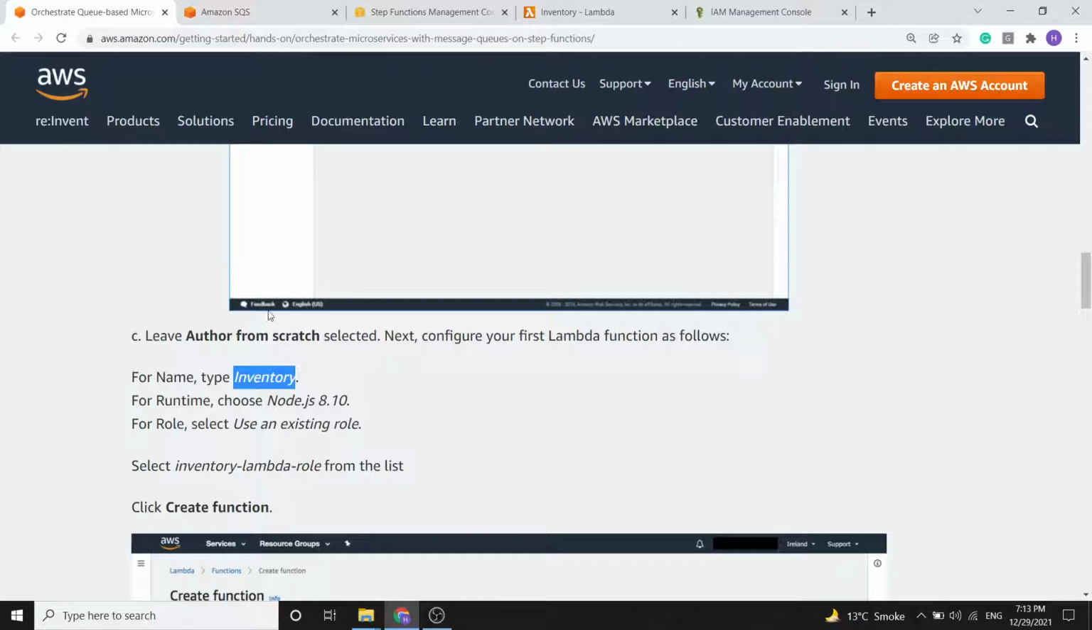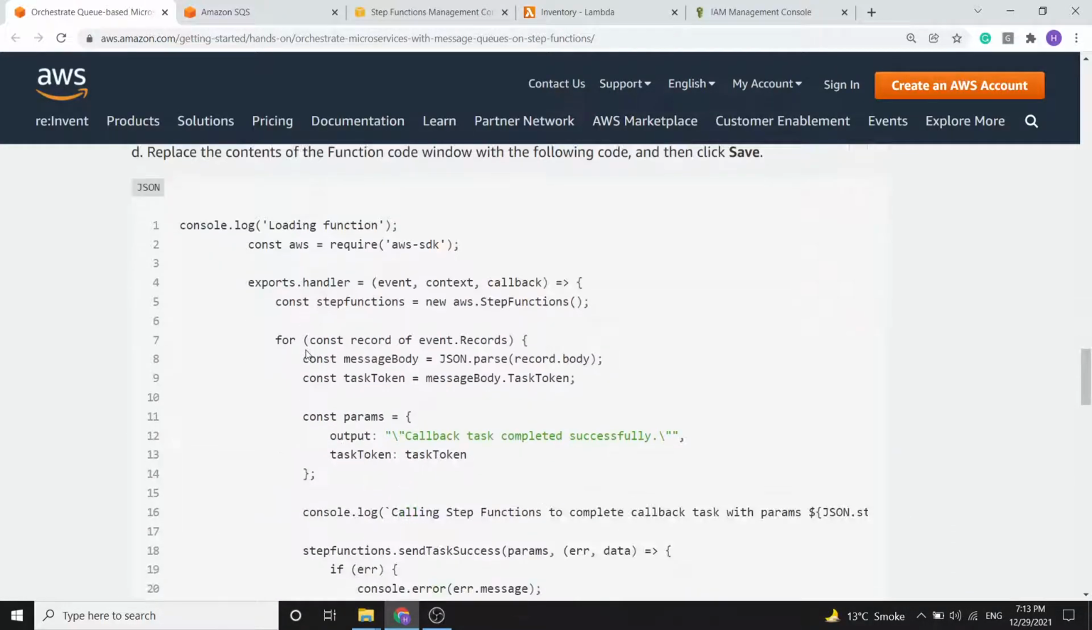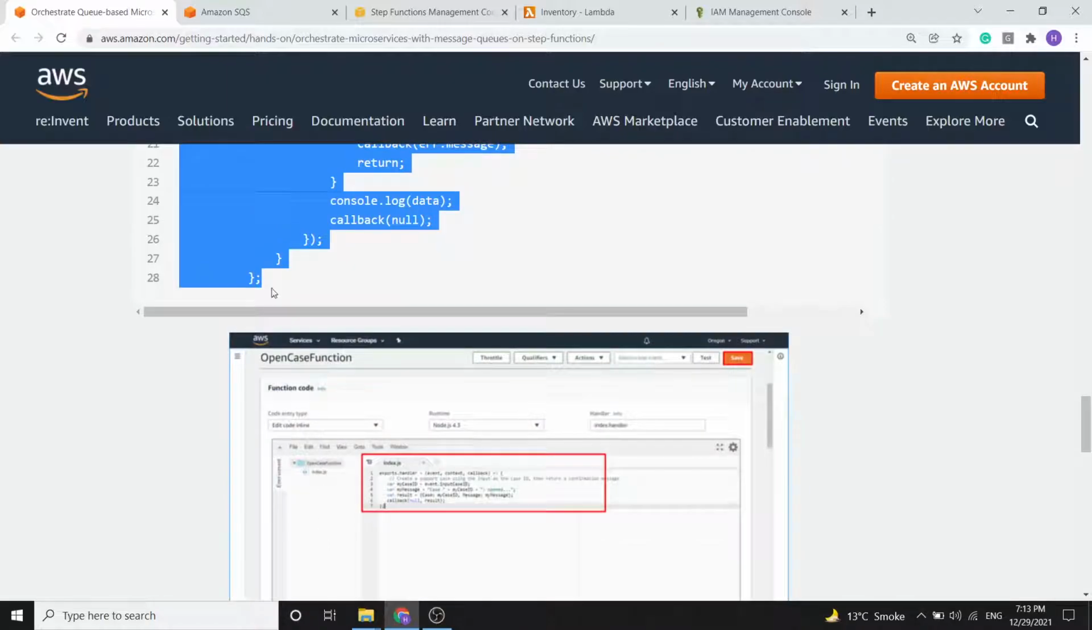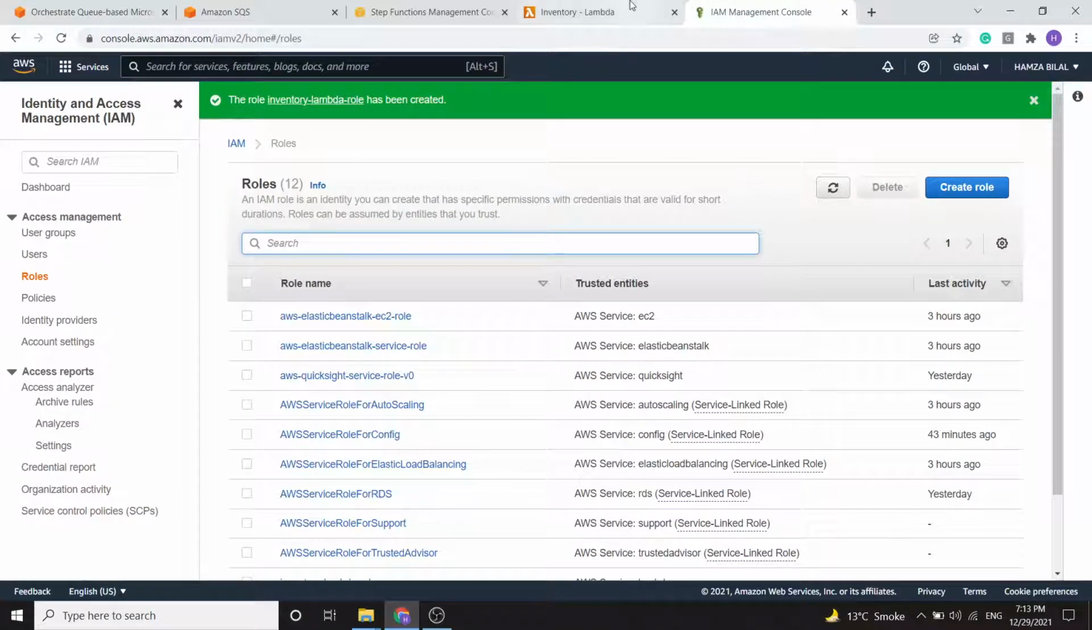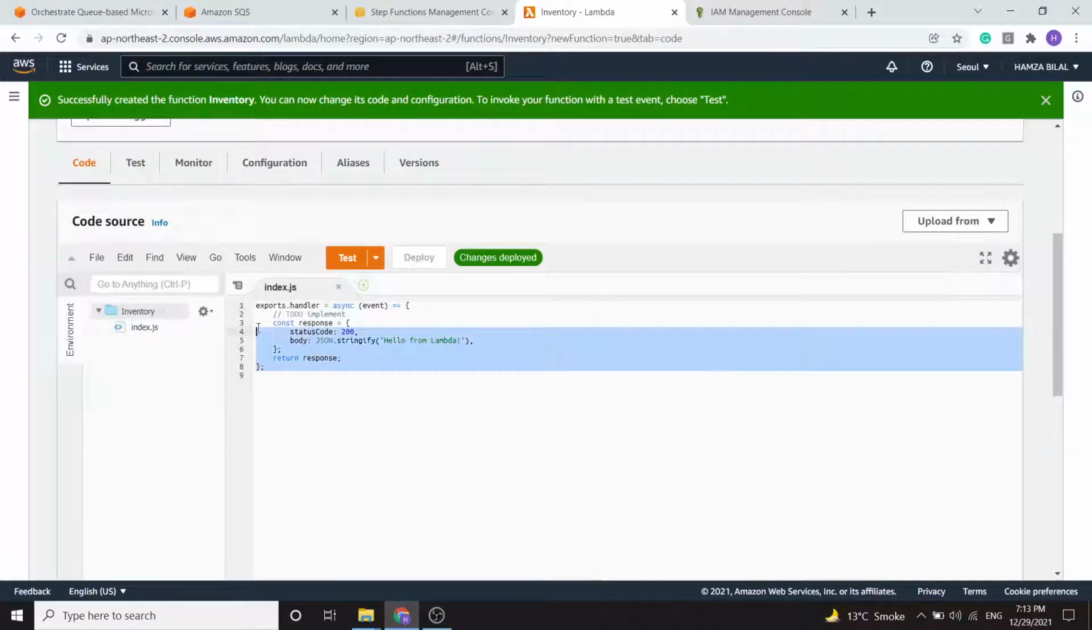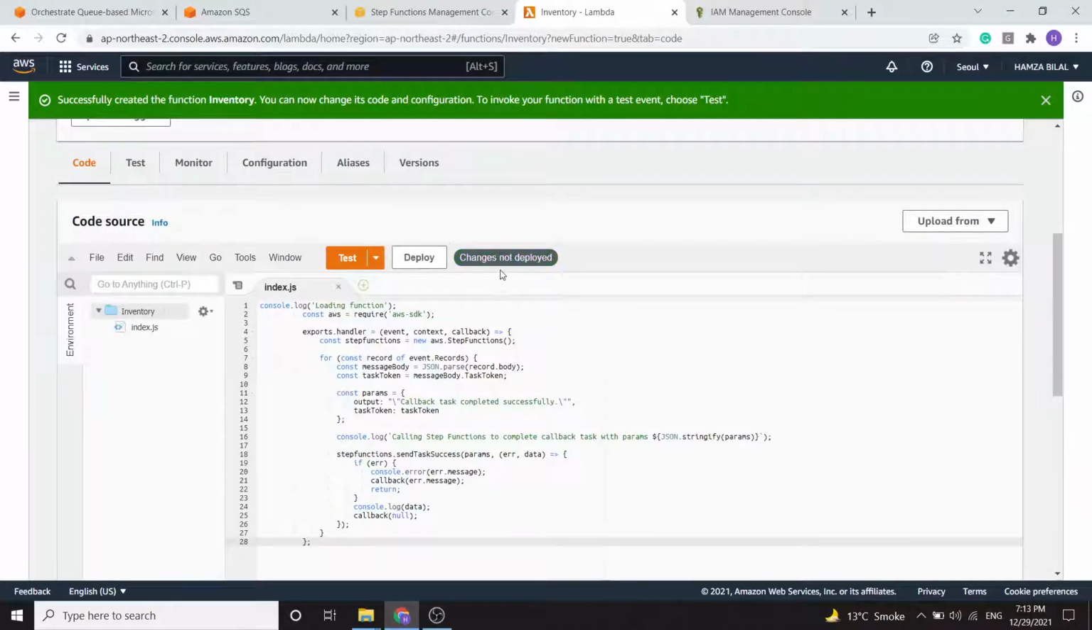We need to add some code here in the Lambda function as given in the guide. So we will copy it. We will insert the code. We will deploy. Once the changes are deployed,